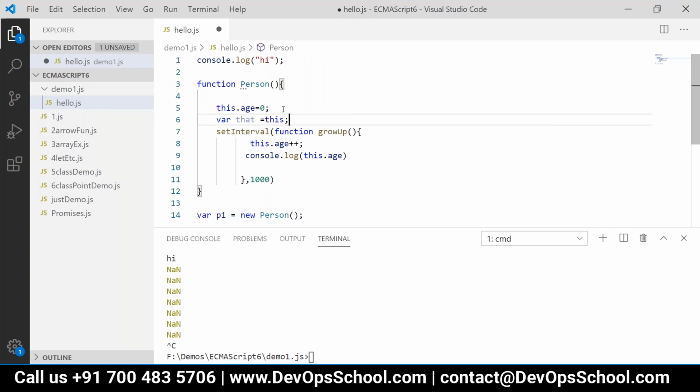Now that variable declared inside the person, is it accessible in the grow up? It is accessible because it is a variable declared in the outer function. So that is available. But that is actually referring to the this of person. So how should I write it now?